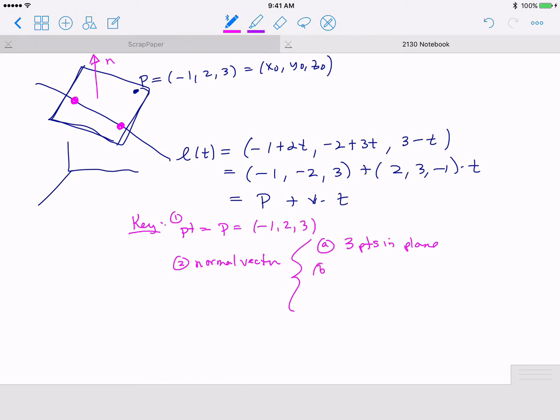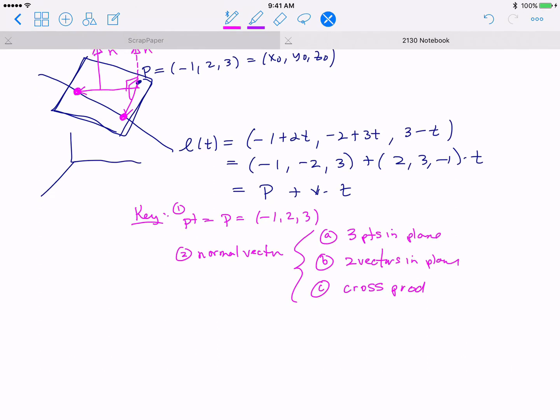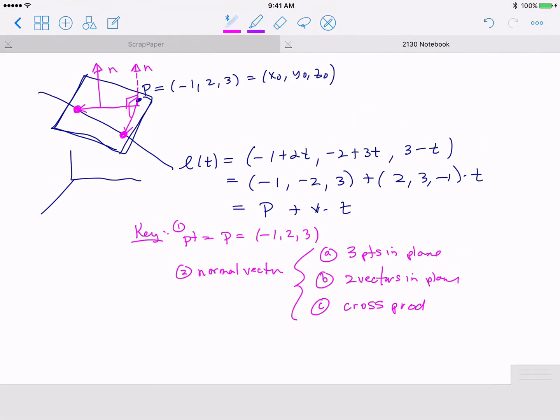Okay, the second step would be to maybe construct 2 vectors in the plane. And then by using the cross product, that cross product would give me the normal vector for the plane. That would give me the vector that's perpendicular to both the 2 vectors in the plane. Okay, so if we try to act on this information and follow this process, maybe here's a point Q and